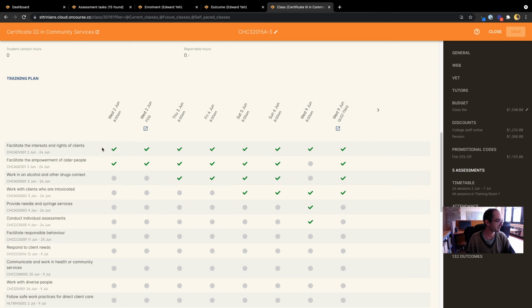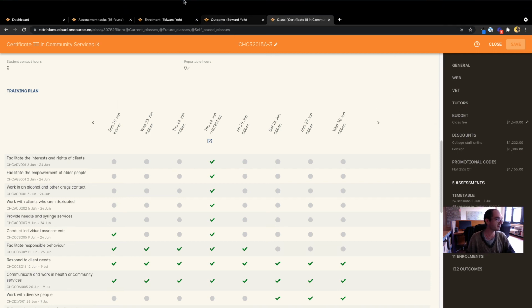So obviously you can see here that this first class is dealing with the delivery of these two outcomes, and this assessment task also relates to these two outcomes. And you can see, if I go across here, there's actually another assessment task here, a quiz that's also associated with this outcome. And then there's also one, I think, down here. Yep, that's also associated with it. And this all ties into